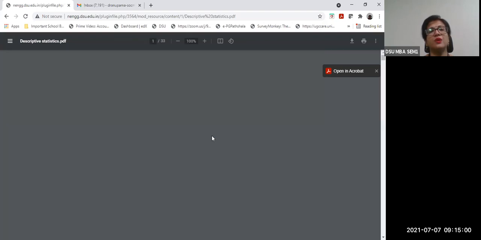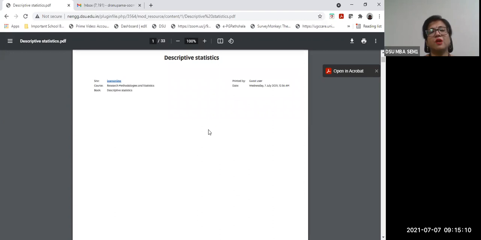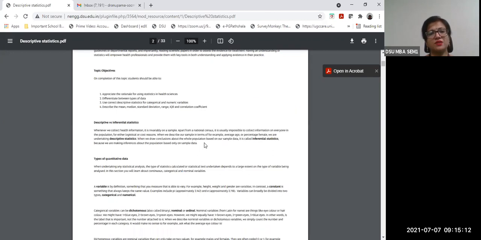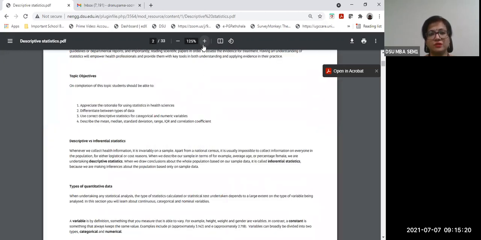So irrespective of whether you're using R or any other package that you're learning from your analytical class, or you're using SPSS, it doesn't matter really, as long as you know how to use the tool. So one of the easiest ways of using an analytical tool happens to be SPSS, although many people feel that it is very complex, it is very sophisticated. Yes, it is sophisticated, but it provides you a lot of options to try your analysis with the data, and it is very user friendly also, right?